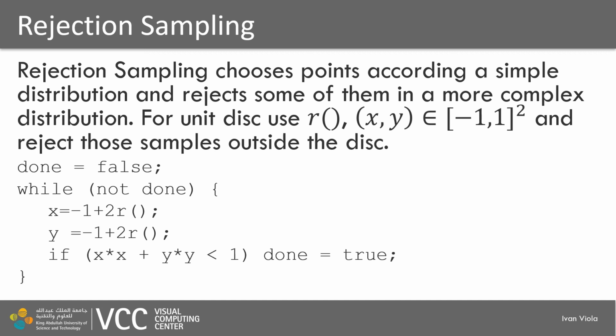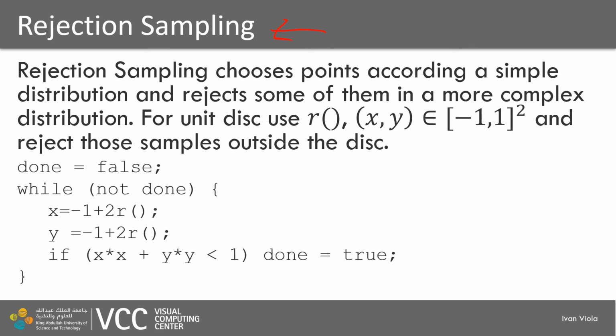Now let's talk about another strategy. Instead of a function inversion, how can we achieve a fair sampling? This is called the rejection sampling strategy. The rejection sampling strategy will basically use a sample selection based on some known and simple distribution, and will reject certain samples which do not fit some more